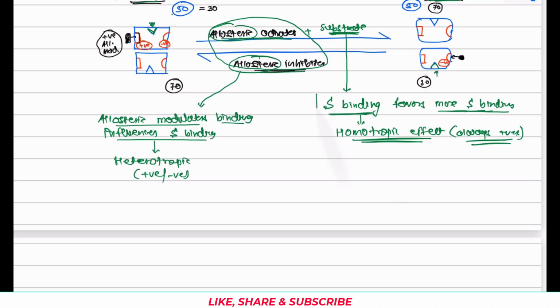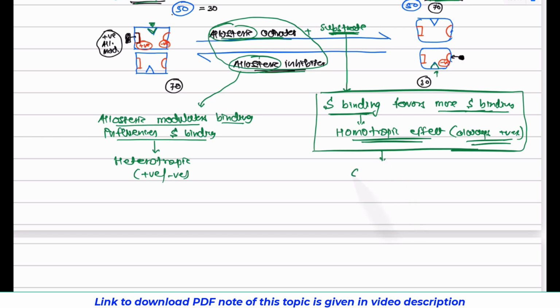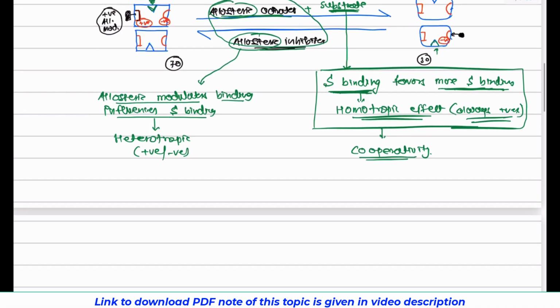Now this phenomenon, from a different angle, can be called cooperativity. What does it mean? If one substrate binds, then the second substrate binding will become easier. So we can say that the first substrate is cooperating with its next substrate. That is cooperativity. And in this case, if we draw a graph of velocity, that is V0, versus substrate concentration, then we can see such a sigmoidal shape